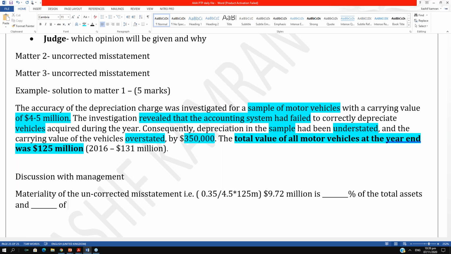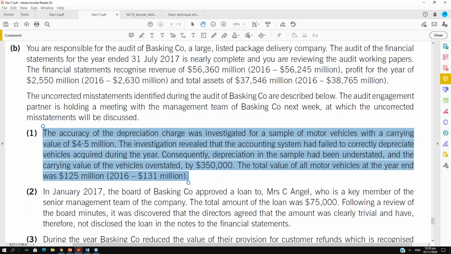Just let me confirm one thing from the paper. We have been given the total assets number and the profit number. Depreciation will affect the P&L, the profit, and the total assets. So in a reporting question, we find materiality on both the P&L and the